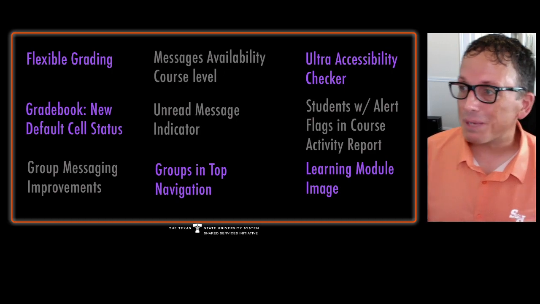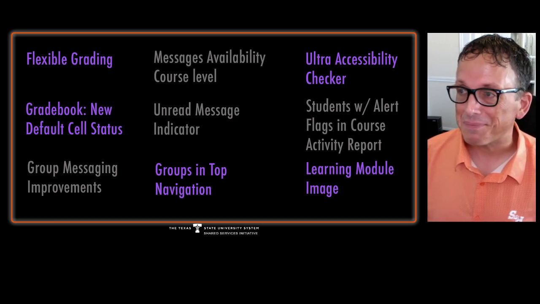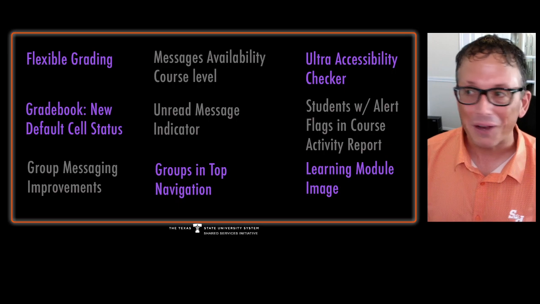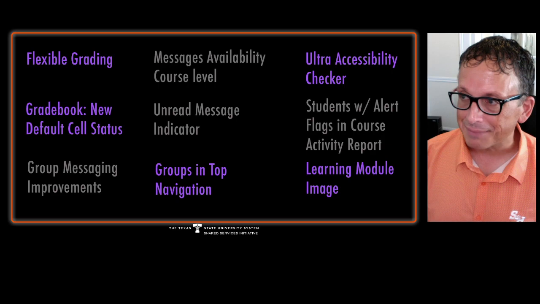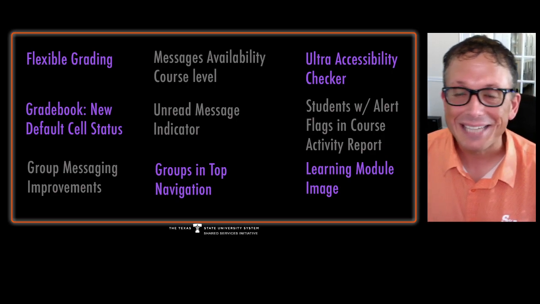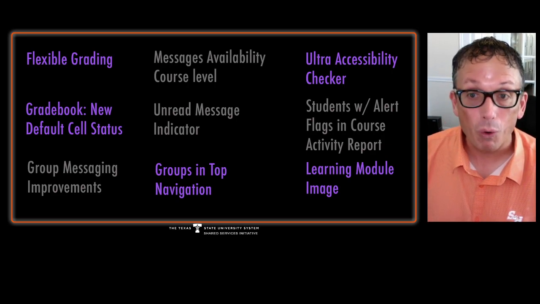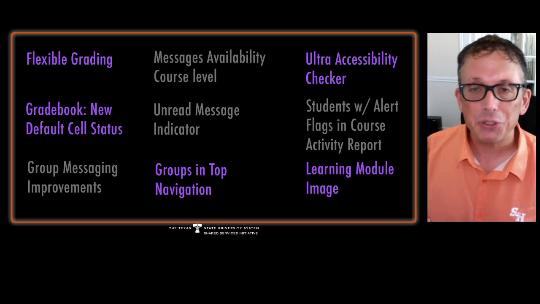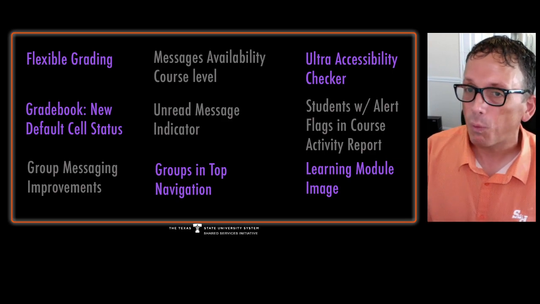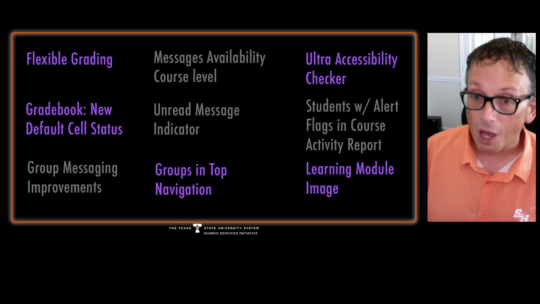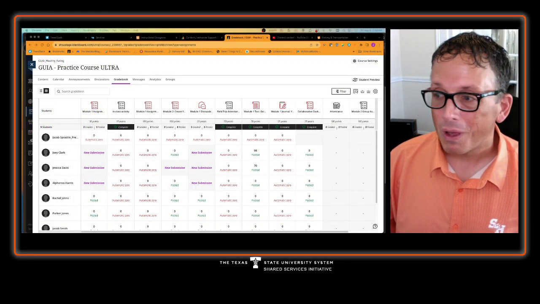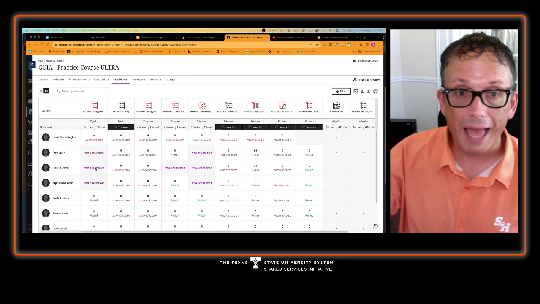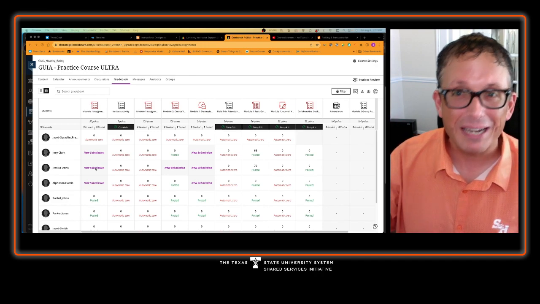Another thing, some of you who have been teaching in the Ultra environment, and we've heard your feedback on this in specific, have noticed that sometimes when you're grading, the dashes from old Blackboard aren't there. You just had this thing that said grade now. And that became a little confusing because the student hadn't submitted any work. How do I grade? You would know, and I'm going to go ahead and go back to my sharing, you would know that the new submission was kind of your, hey, there's a new submission I can grade, but that grade now was a little